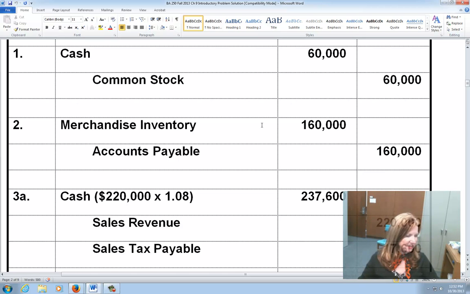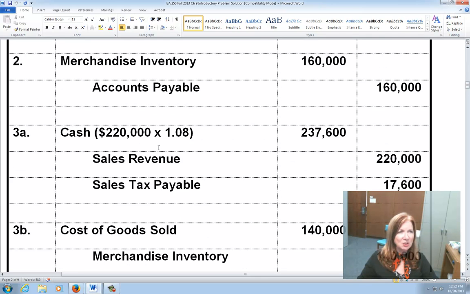Purchased $160,000 of merchandise on account. Now, I always say to you, stop and think about what kind of account that is. It's an account payable because somehow I have to pay for this merchandise I just bought. So I'm going to debit merchandise inventory, an asset that's going up. I'm going to credit accounts payable, a liability that's going up. Both of them are going up for